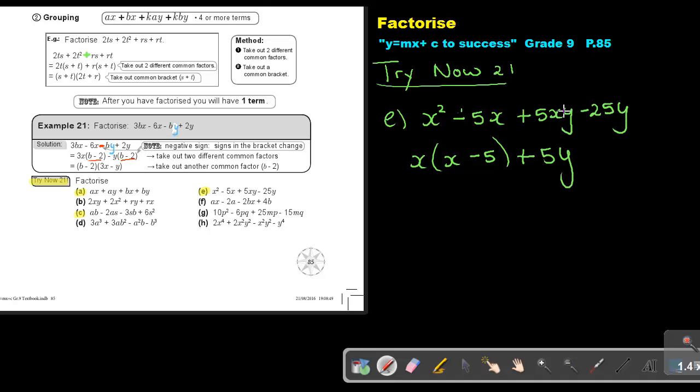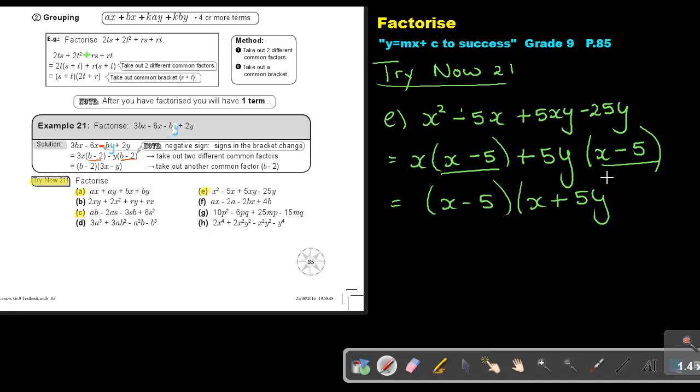It's like a green robot. If I divide x, if I divide minus 5y. So this was a 5. The y is also cancelling. So it's only 5. And then my brackets are the same. I'm taking it out. So it's x minus 5. If I divide, what is left? x. If I divide, what is left? 5y. And that is my final answer.